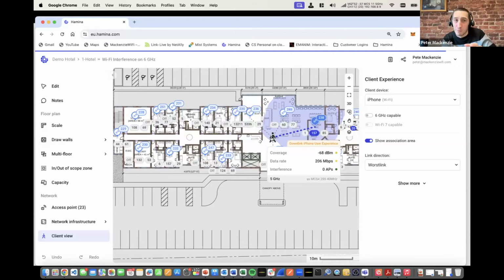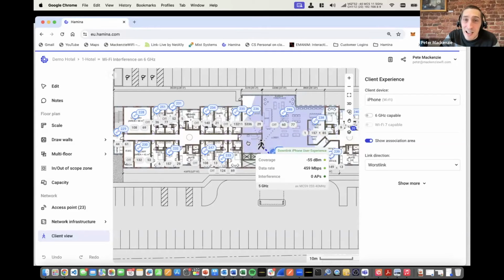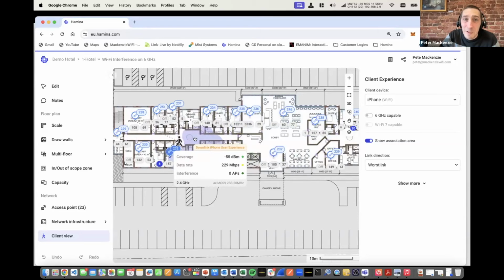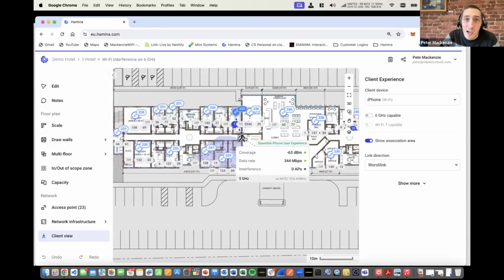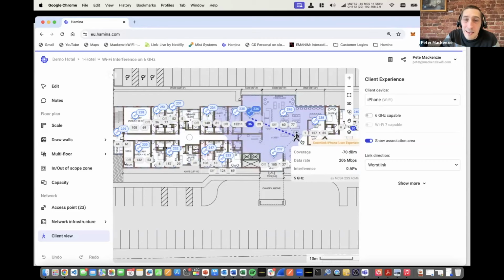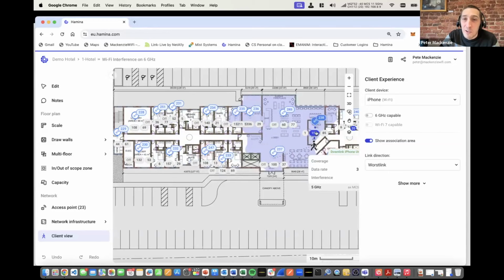this on your wireless controllers when you look at associations per AP. Have you ever found there's some APs that just never get any associations, or maybe one or two? And you look at where they are and you go, well, they're right where loads of users are. And the AP next to it has loads of associations. That's because of this exact issue. Yes, it's there, but it's just not in a position where you're ever going to roam to it because of where other APs are. And that happens quite commonly, I think,